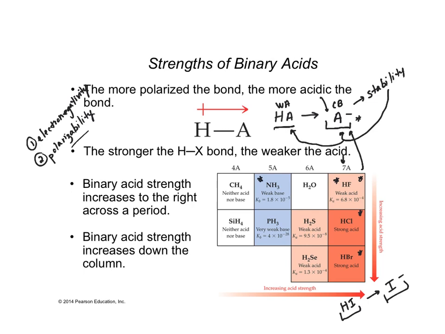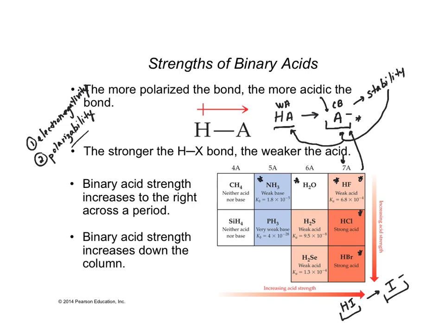Okay? So number one, when we're looking at acid strength, we're looking at stability of the conjugate base, electronegativity. Number two, we're looking at polarizability, or just overall size of the atom that we're trying to put this negative electron on. Okay? So again, if we were comparing acid strengths,